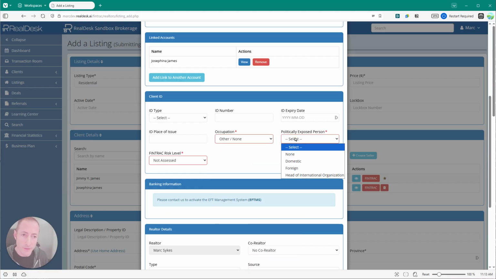Same thing basically for politically exposed person. This used to be just a yes or no, but there's actually different types of politically exposed persons. So instead of just yes or no, we have none, and then domestic, foreign, head of international organization. So if it's none, we can just click that. And then for FINTRAC risk level, there's not assessed and then low or high, right? So if I've assessed them and determined that the risk level is low, then that's all I need to